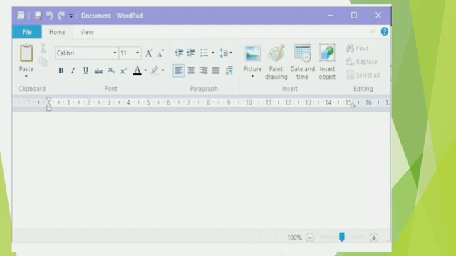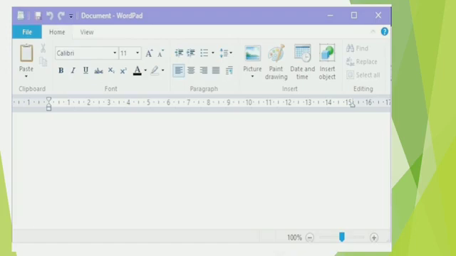How many fonts are there? Like Arial is there, Arial Black is there, Algerian is there, Arial Narrow is there. So there are many fonts. You can choose any one of your own choice. Now students, if you want to increase the text size, what you will do? See, these fonts are there, right? After that, one small box is there. In that, number 11 is written. Next to that, one A is there. You can see that? Yes.